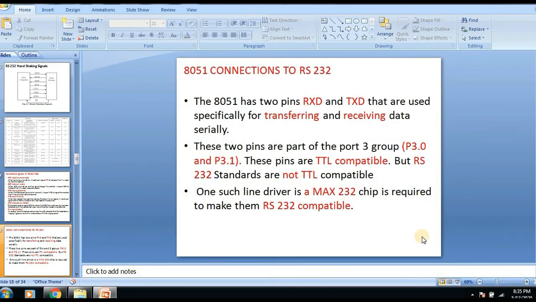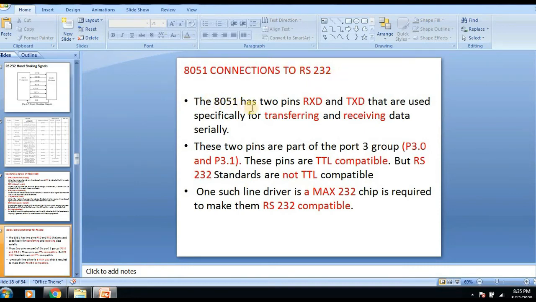Okay, so now we'll see how to connect RS-232 to the 8051. Here we have two DTEs, one is a computer and the other is an 8051, and to connect those two things we are using the RS-232 standard. So here, similar to RS-232,